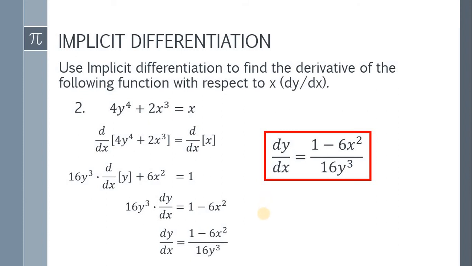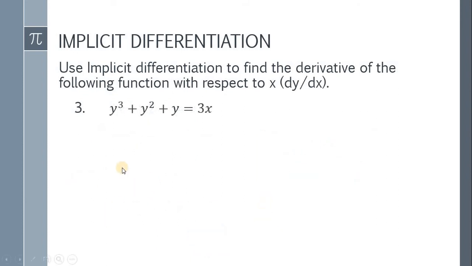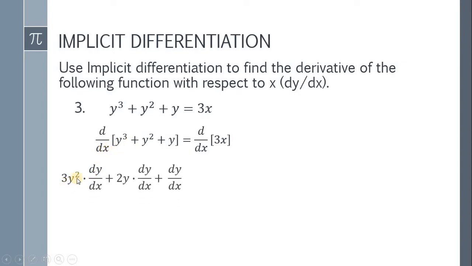Now, let's move on to example number 3. So we have y cubed plus y squared plus y is equal to 3x. First thing to do, take the derivative both sides with respect to x. So we have the derivative of y cubed plus y squared plus y with respect to x is equal to the derivative of 3x with respect to x. Now, isa-isahin natin, derivative of y cubed with respect to x, so we have 3y squared times dy over dx